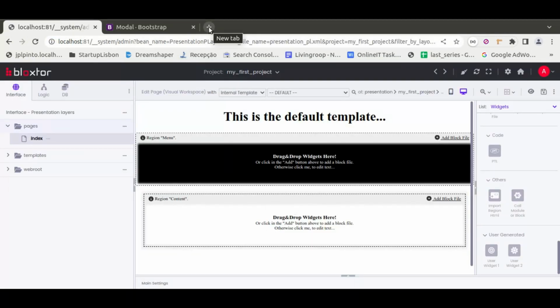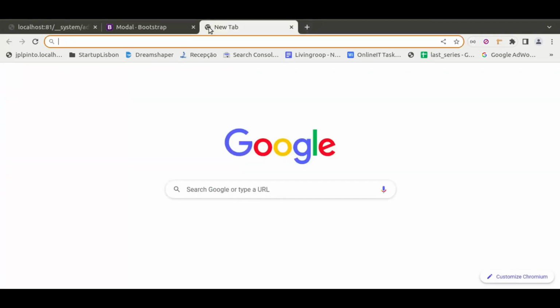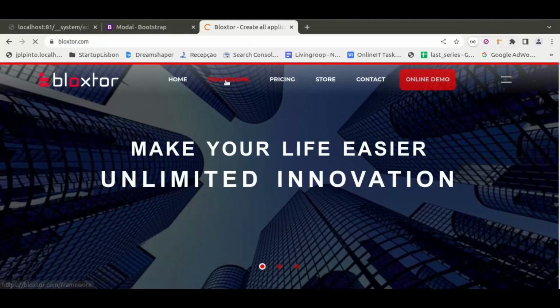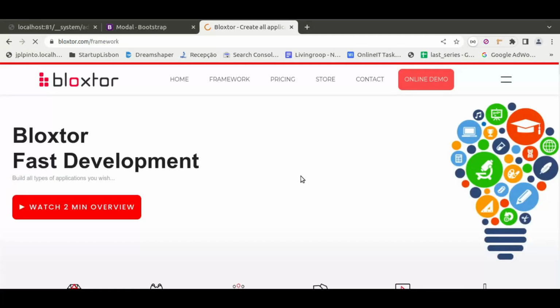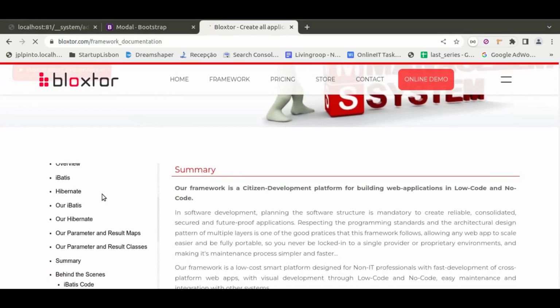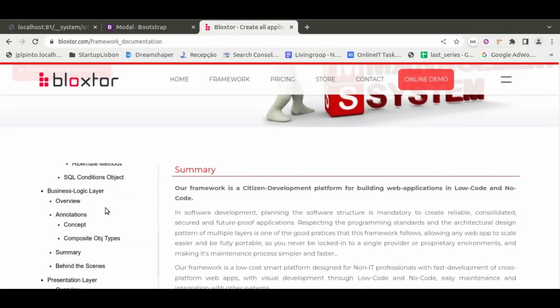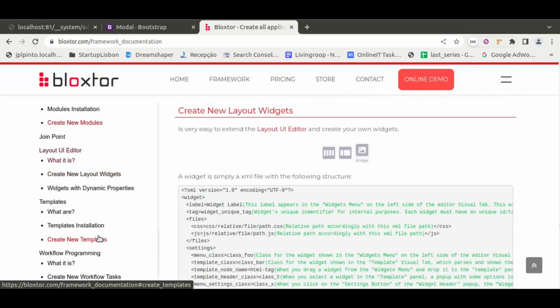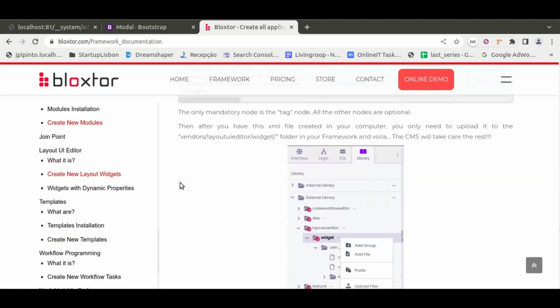To understand that, we did a previous tutorial explaining how to create widgets and how you can extend widgets, but in summary, you go to our documentation. If you go to bloxtor.com, you go to the framework menu and documentation, and if you go to the create new layout widgets menu, you scroll down